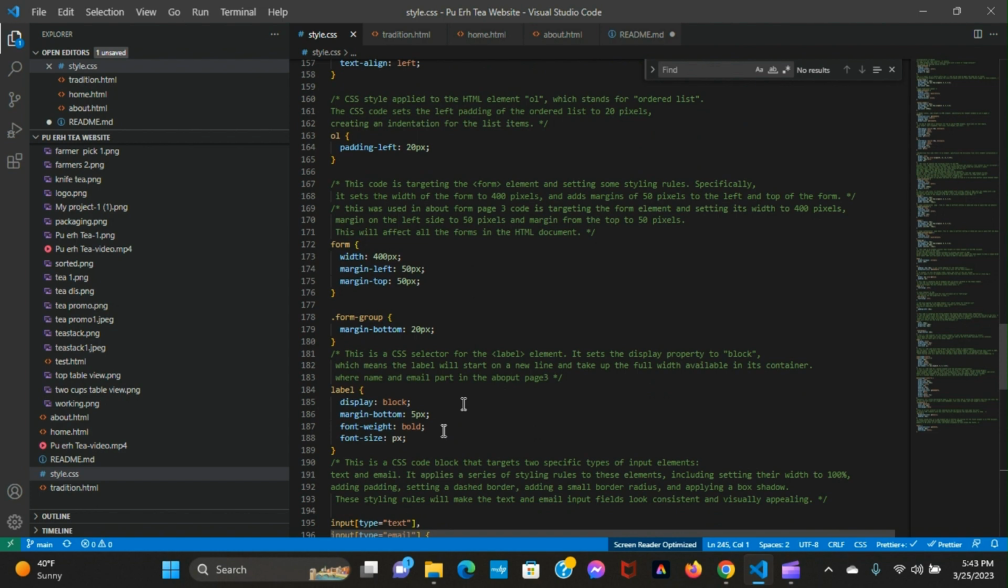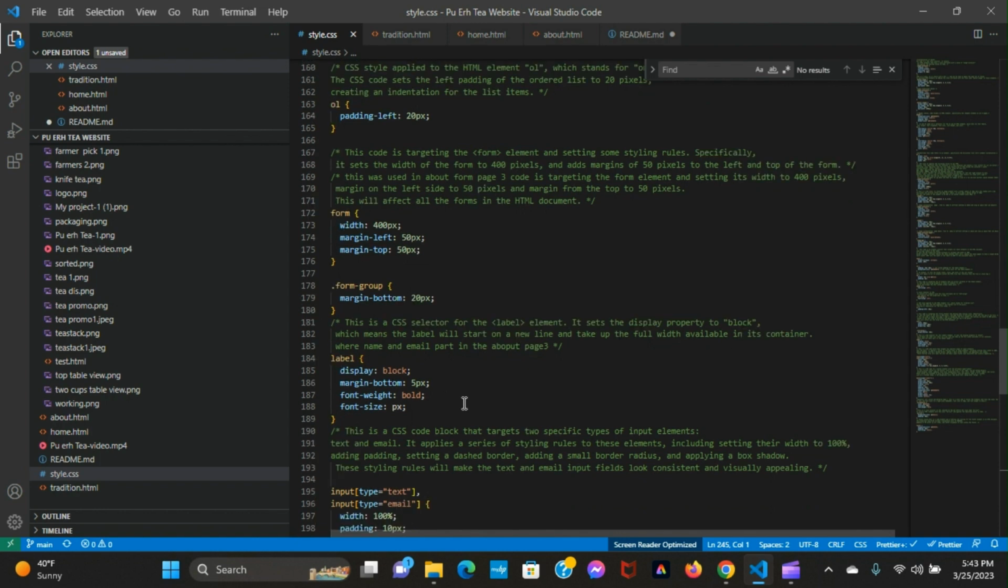I also wanted to change the colors of that, and I customized the colors of that form by changing the labels, customizing the label. It says display property to block, which means the label will start on a new line and take the full width available in its container, where the name, email, and part in the about page. So I put the label there,